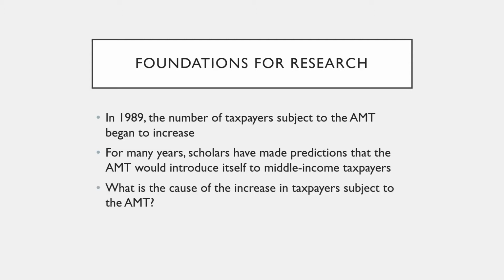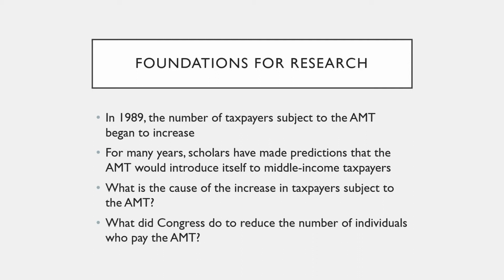So, what is the cause of the increase in taxpayers subject to the alternative minimum tax? Referring back to Amy Feldman, quote, "It's also more likely that you'll find yourself in AMT territory if you're upper middle class than if you're really rich. That's because the spread between the marginal tax rates under the regular tax system and the AMT rates are much wider for the rich than for the upper middle class," end quote. Additionally, one of the primary factors that led to the increase in the number of taxpayers subject to the AMT is that the exemption amounts were not adjusted for inflation until 2012.